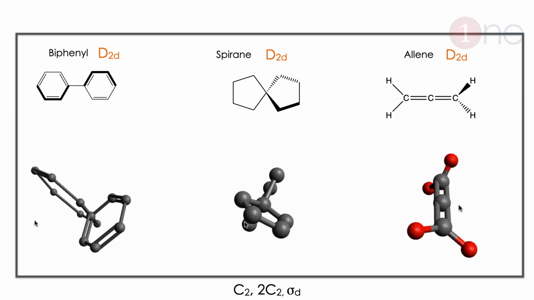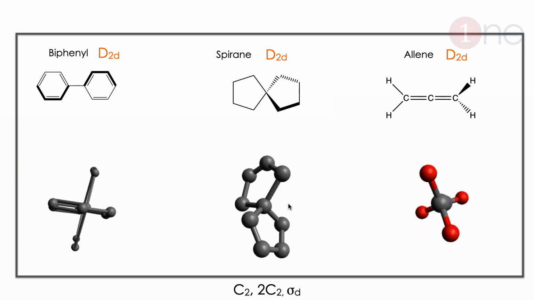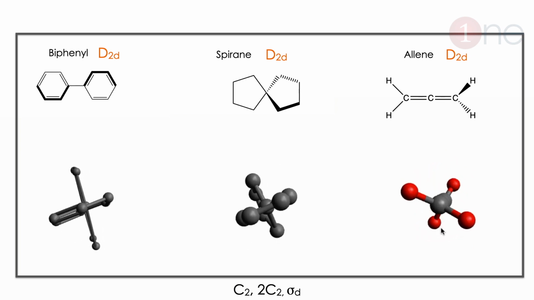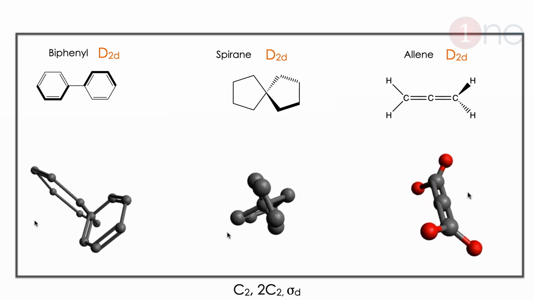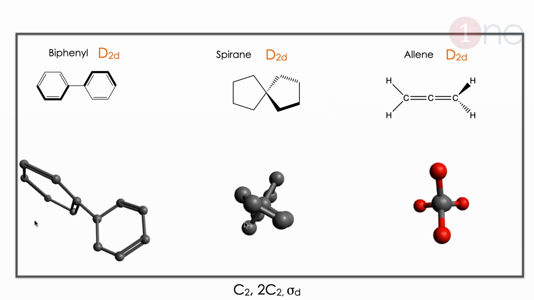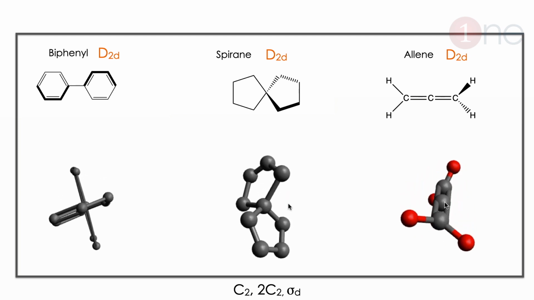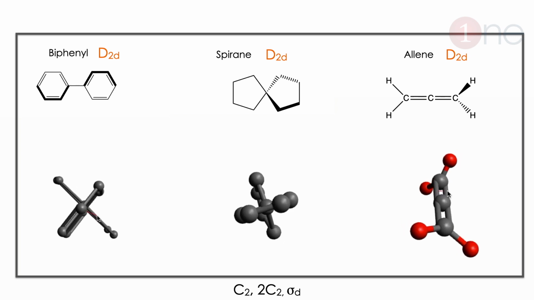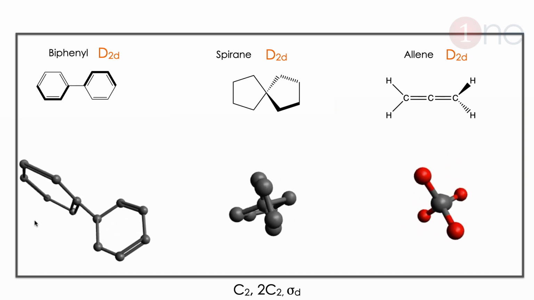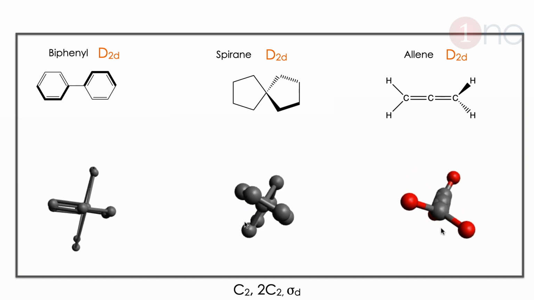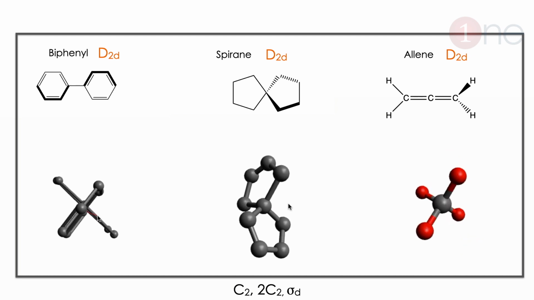The next is a connected ring system, or a kind of crossed perpendicular planes. The main examples are biphenyls, spiranes and allene. These kinds of molecules are better understood by animation, so watch the animation clearly. The biphenyl compound has D2d because it has nC2, C2 and diagonal planes. Similarly, spirane also has the same set of elements, that's why it has D2d. Allene is also the same. Here you see the animation, you can understand it much better.